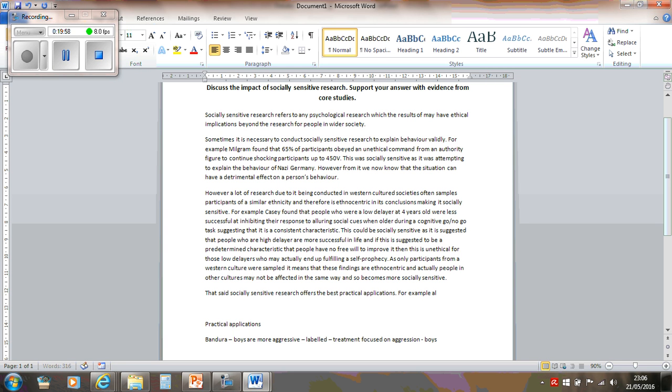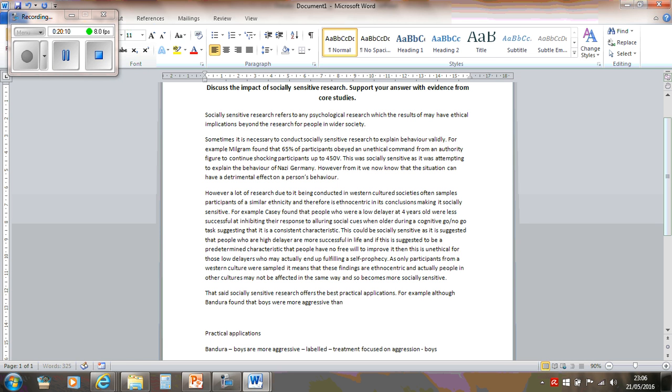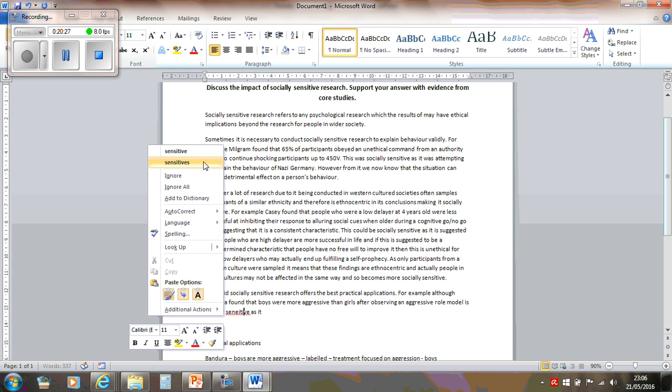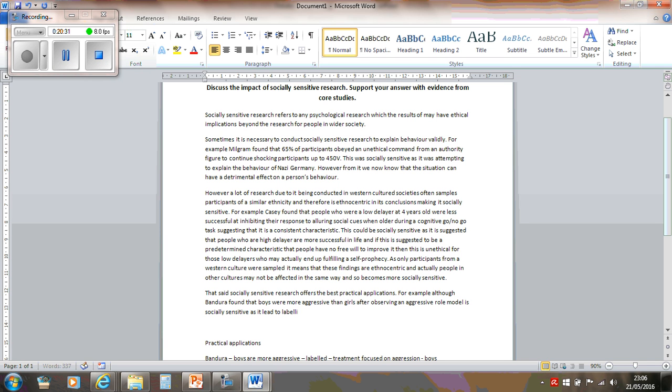For example, although Bandura found that boys were more aggressive than girls after observing an aggressive role model, this is socially sensitive, as it may lead to labelling of boys and affect how people in wider society treat boys,